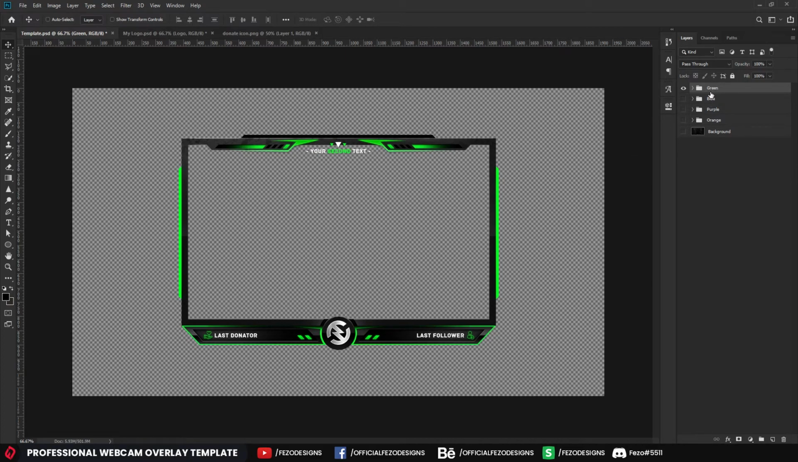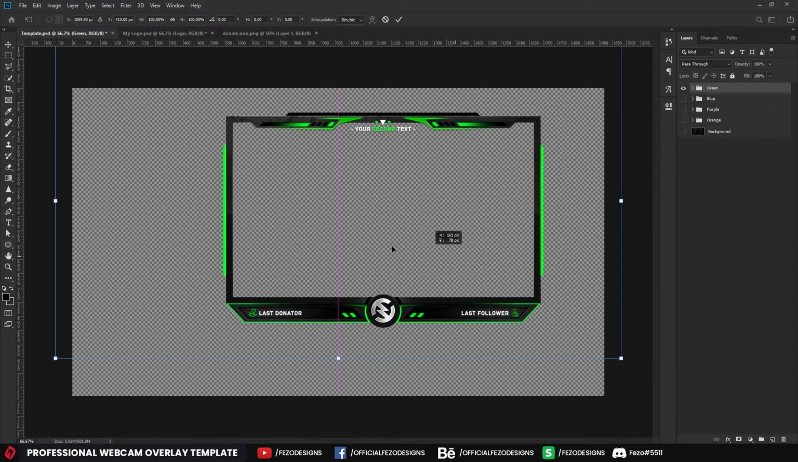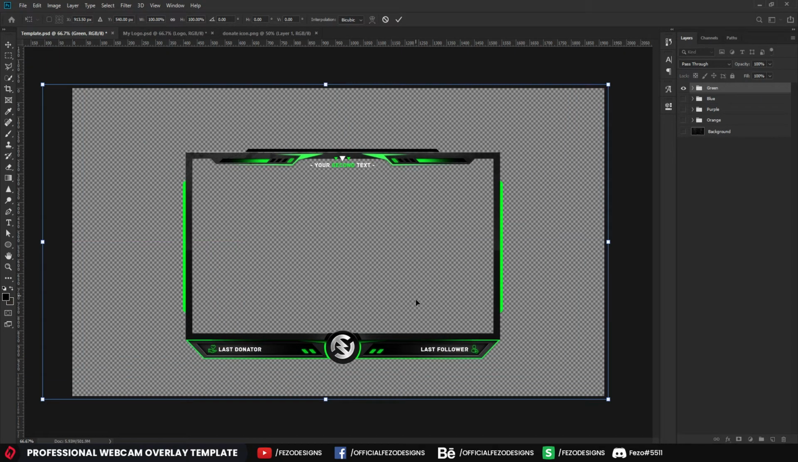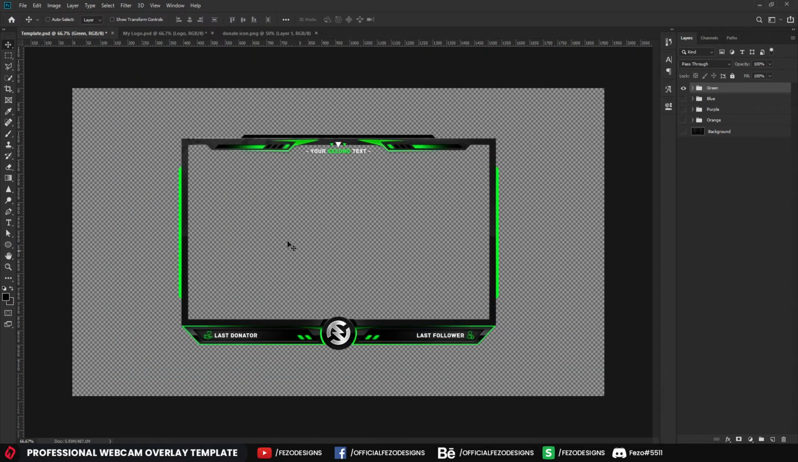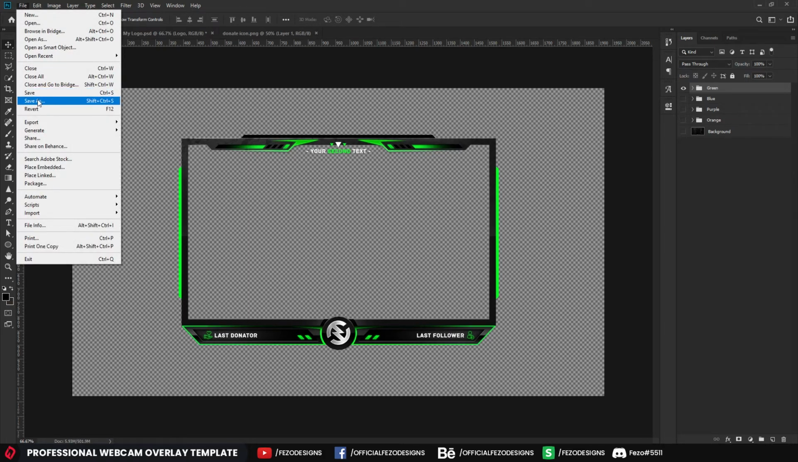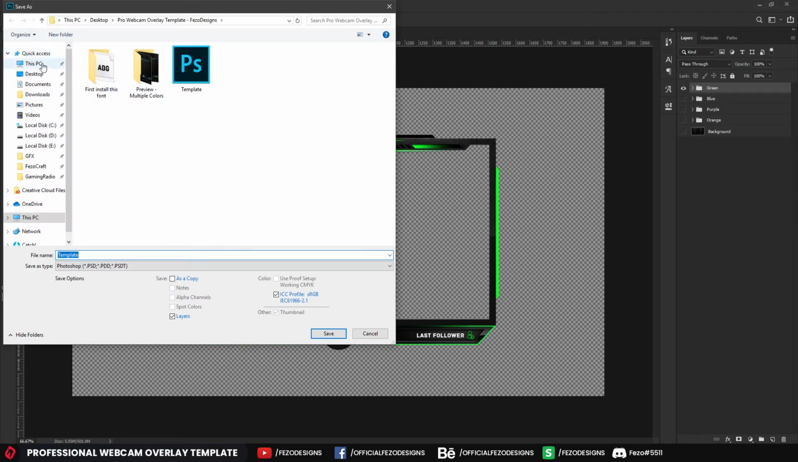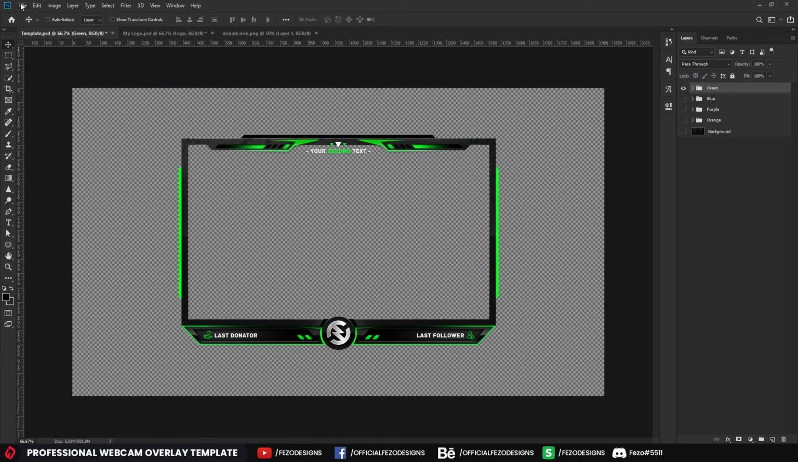All you need to do is press Ctrl T. You can move the webcam around. You can put it where you want, but I will keep this in the center. Just go to File, Save As. You can save from there, or if you want